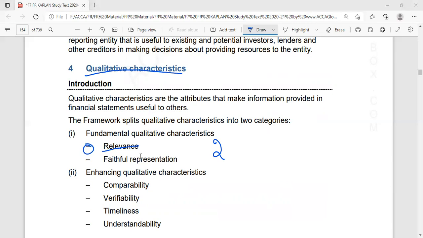Relevance is nothing but, if the information has an ability to influence the economic decision of the users of the entity, that information is said to be relevant, and it is provided in time to influence those decisions. So